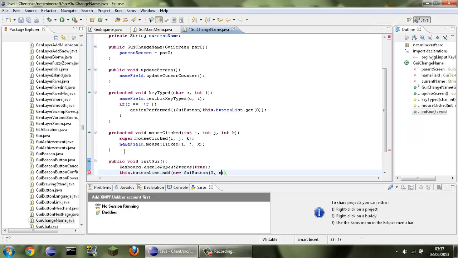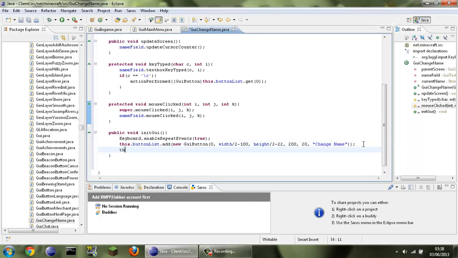Position is going to be width divided by 2 minus 100, and height divided by 2 minus 22. The length is going to be 200 and the height is going to be 20. The text is going to say change name,